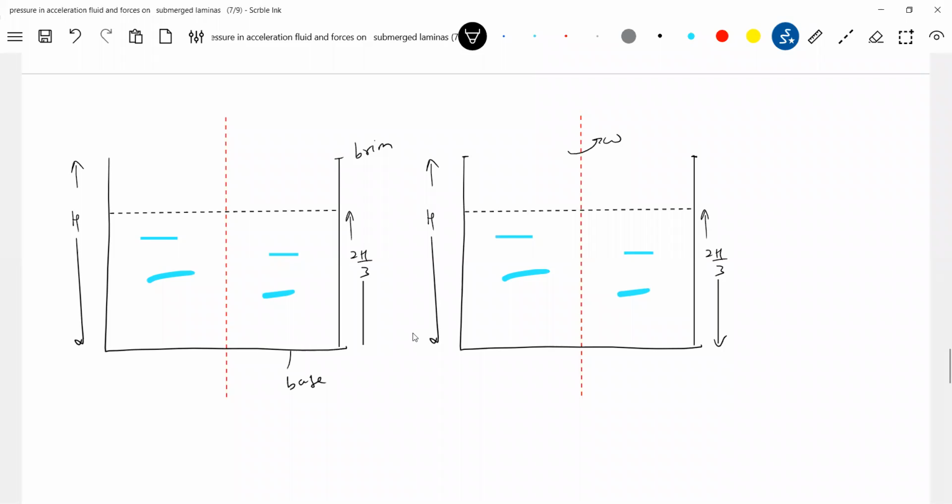First, the rise of liquid at the edge should be equal to the fall of liquid at the axis. For the liquid to rise to the edge, how much should it fall? So h by 3 it should rise to touch the brim. To touch the base, how much should it fall? 2h by 3. So will it touch the brim and base simultaneously? The answer is no. So if I show the free surface,